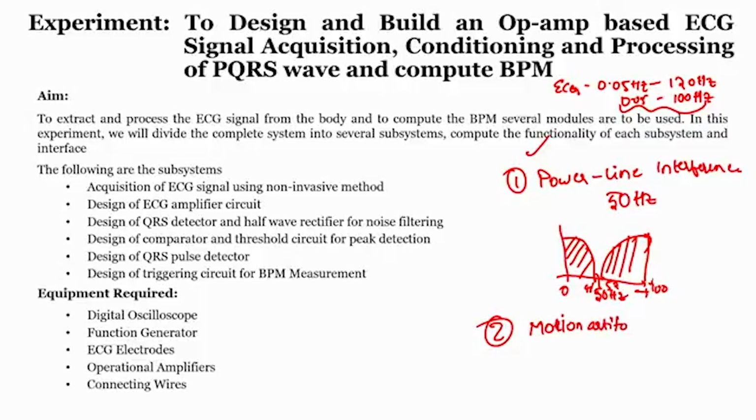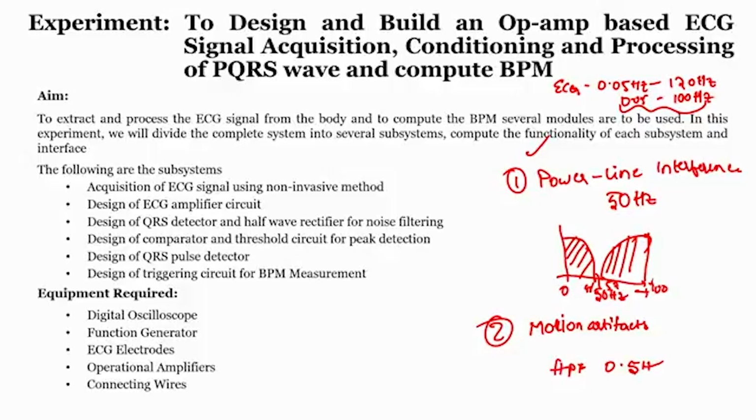Right. So, in order to remove these motion artifacts, generally speaking, these motion artifacts will be somewhere around lesser than 0.05 hertz. So, it will be somewhere around 0 to a maximum of 1 hertz. So, if I use a high pass filter with a cutoff frequency of somewhere around 0.5 hertz, any frequencies lower than 0.5 hertz which are due to the motion artifacts can be completely filtered out. So, that we can have a signal from 0.5 hertz to 100 hertz,